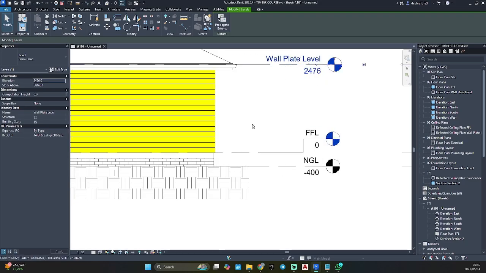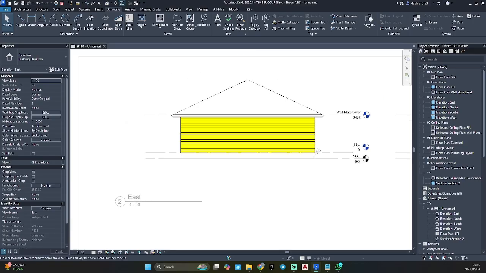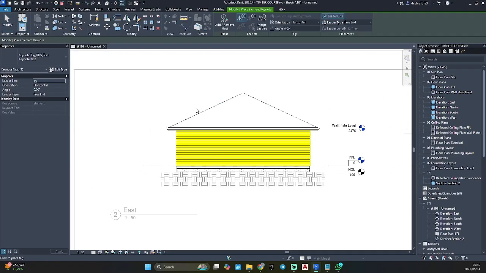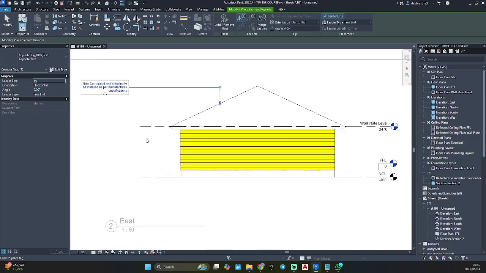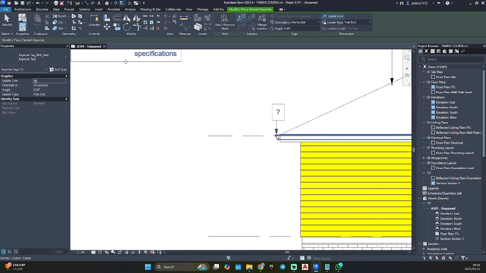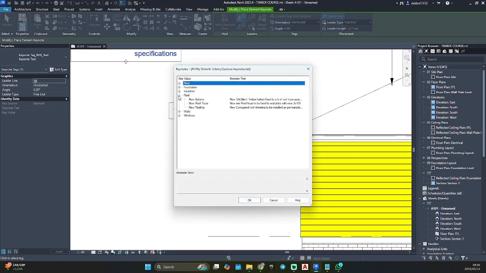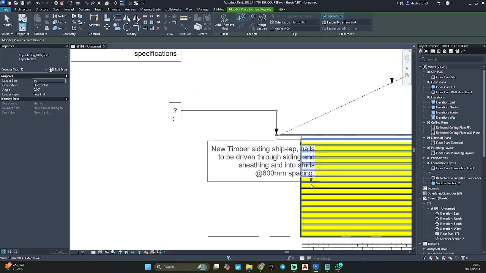Right hand side. I don't think we have a gutter node. Okay, now we don't.